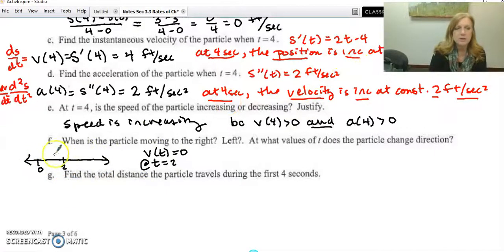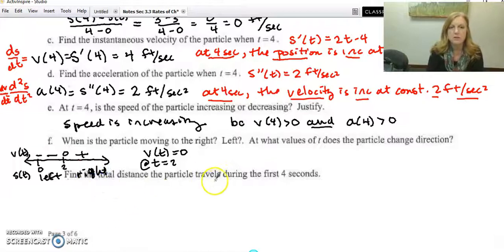It is a positive sloped line, so it would be negative there, and then positive over on this side. That's my velocity. So my position function, you can look at this. This would tell me then left. This would tell me right. So it's the same kind of idea with our increasing, decreasing. So we would say